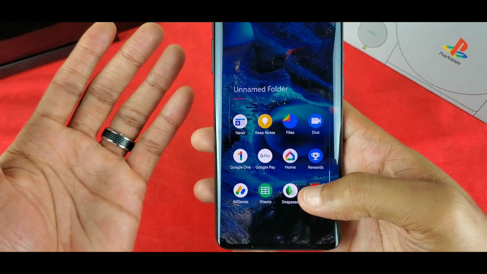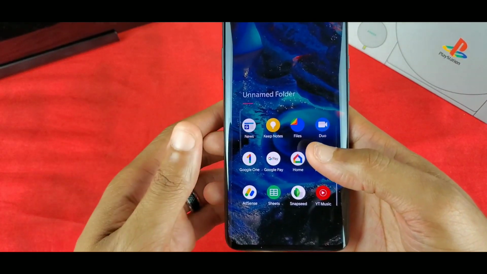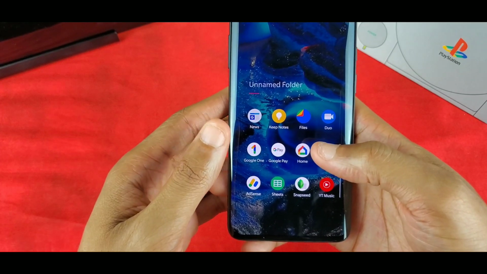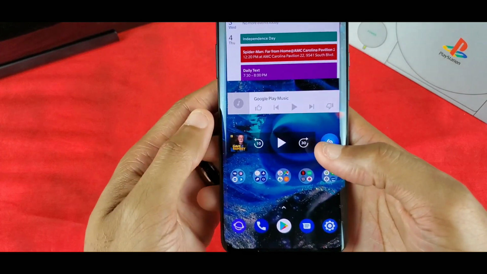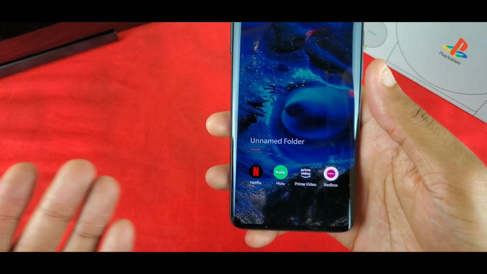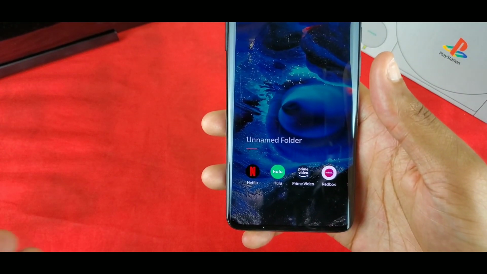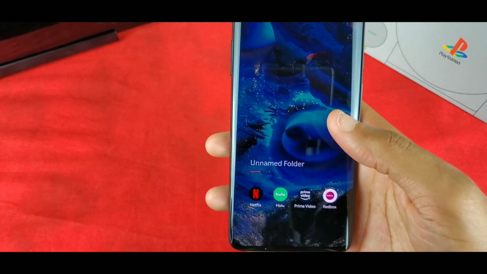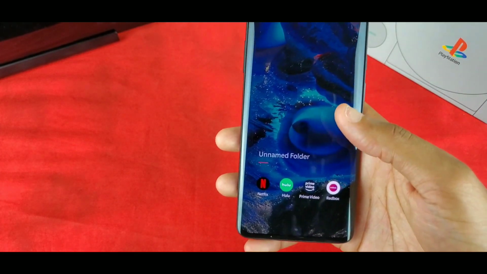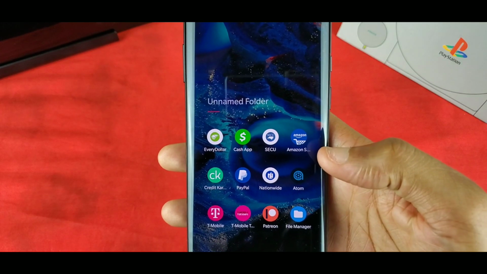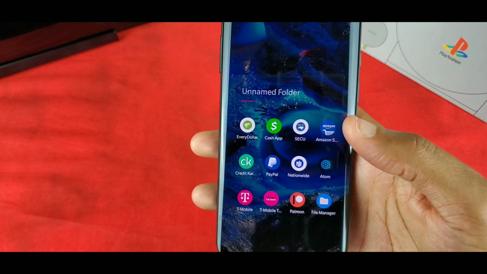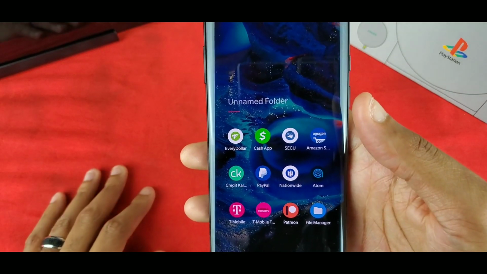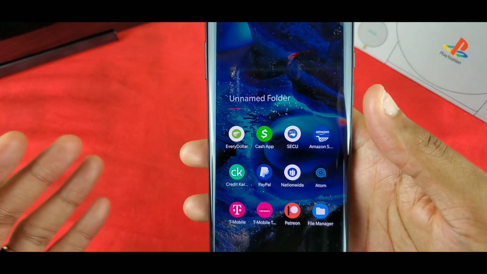Google Pay, Google One, Rewards, AdSense, which ain't doing much right now. Snapseed, Sheets, YouTube Music, and then my four video streaming apps: Netflix, Hulu, Prime Video, which I don't even really watch anything on, and my Redbox app. And then of course, I got my Everyday Dollar budgeting app, Cash app, my bank account app, Amazon shopping, Credit